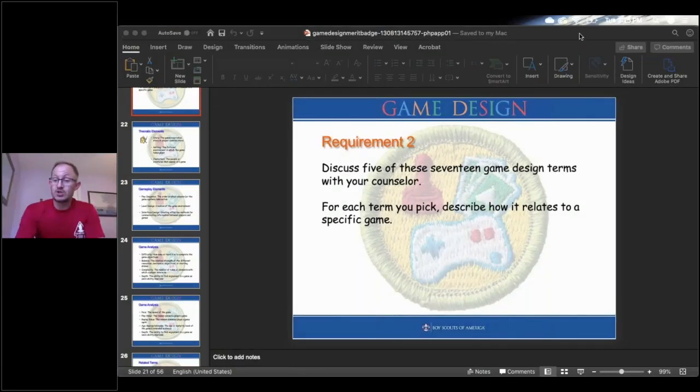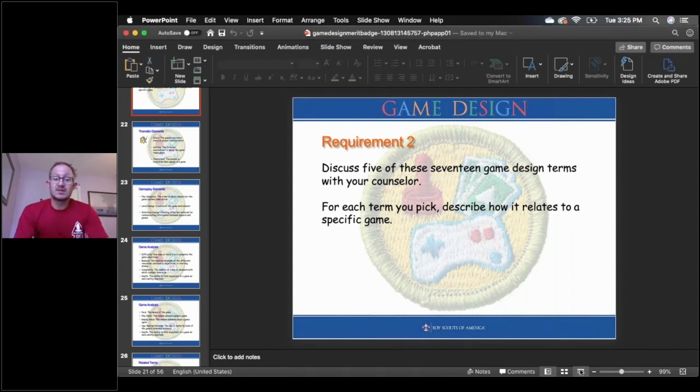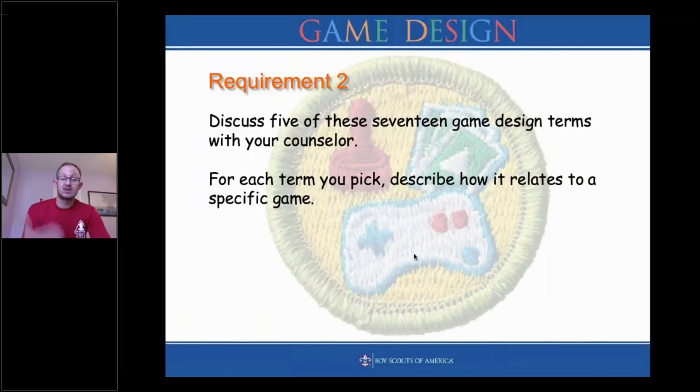And we are going to be focusing our time today on requirement 2. Requirement 2 for Game Design Merit Badge states that you need to discuss 5 of 17 game design terms. And for each term that you pick, for each of those 5, you need to describe how it relates to a specific game. So the way this is going to work is that we're going to go through 17 pretty